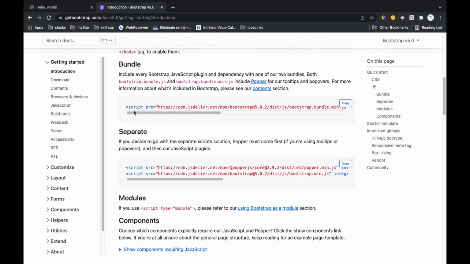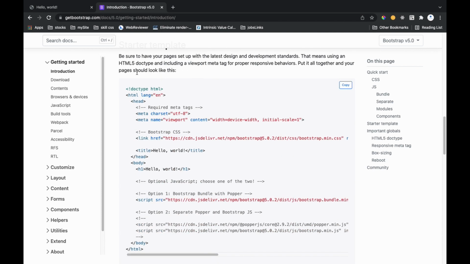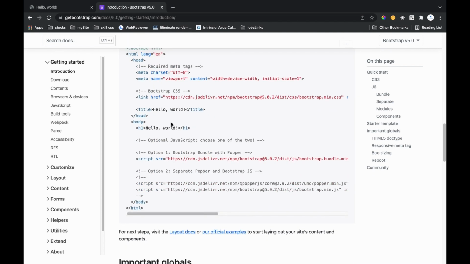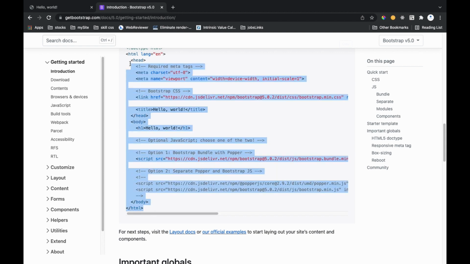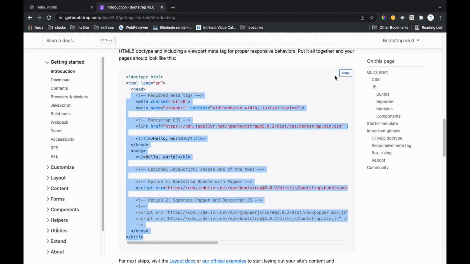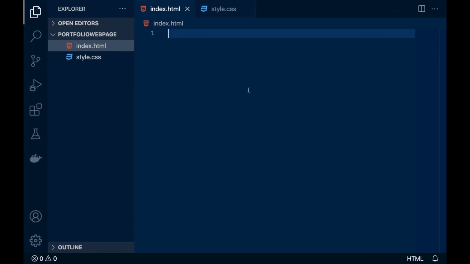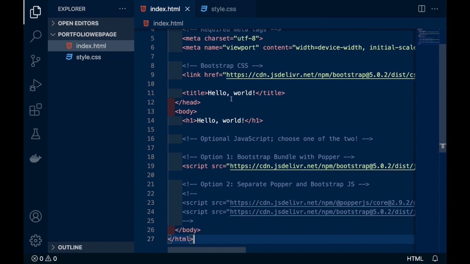After that, scroll down and come here to the starter template. So this is a template built already, so you don't have to write this much. So simply copy this from here and go to your code and just paste that and save it.